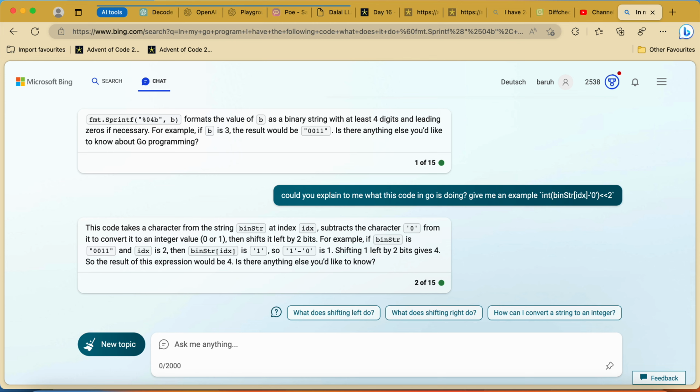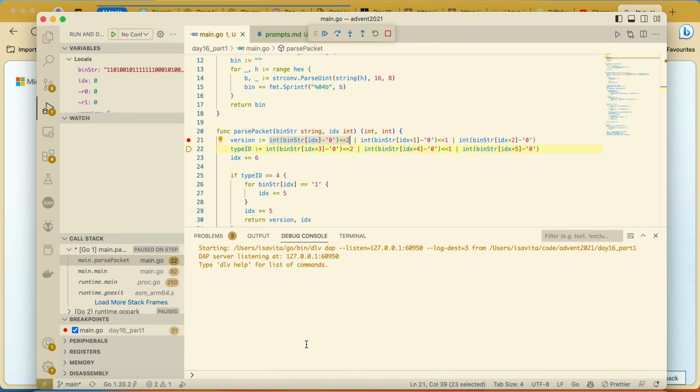So the result of the expression would be 4. Yeah, for me it's interesting how this one is working. Now we are getting, okay, we're shifting to our